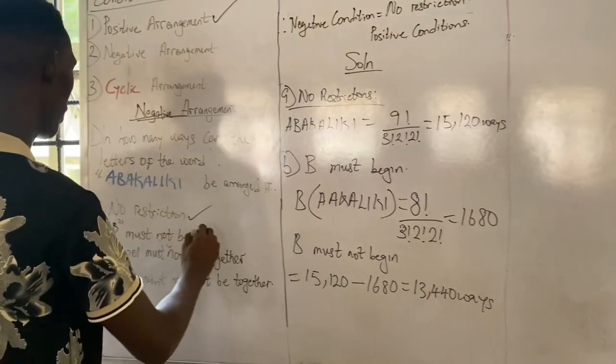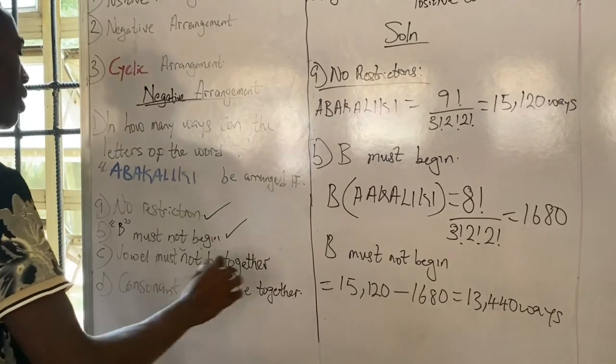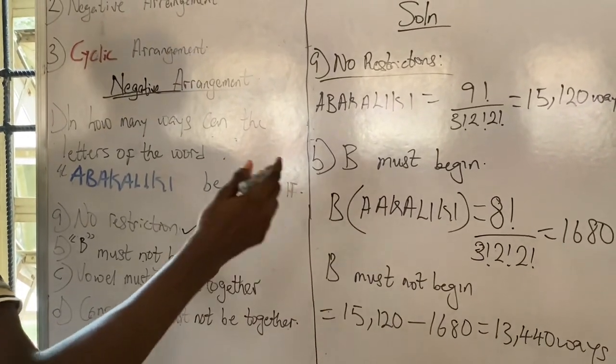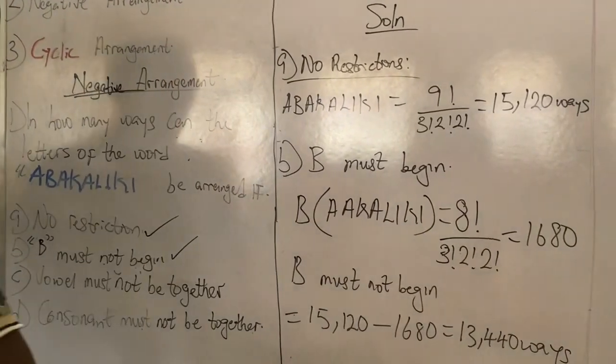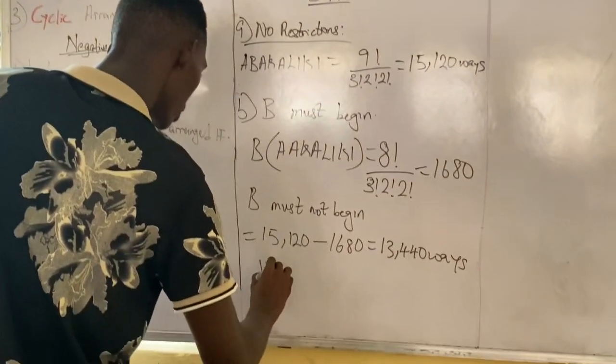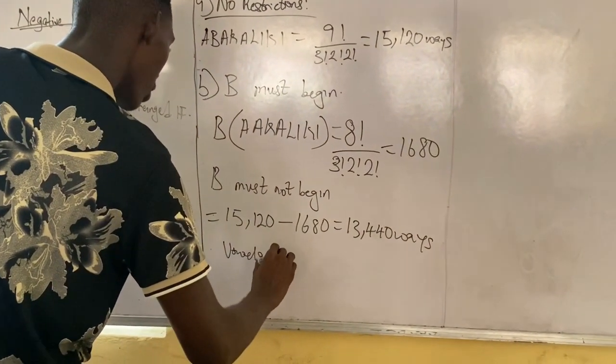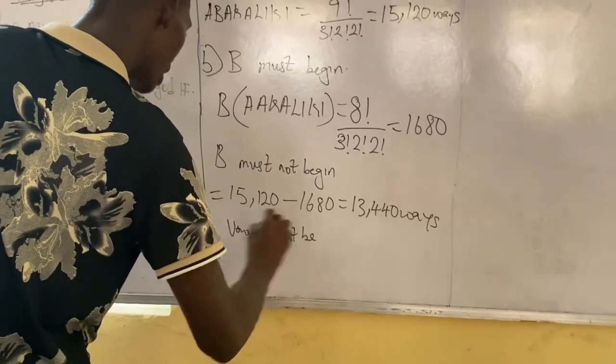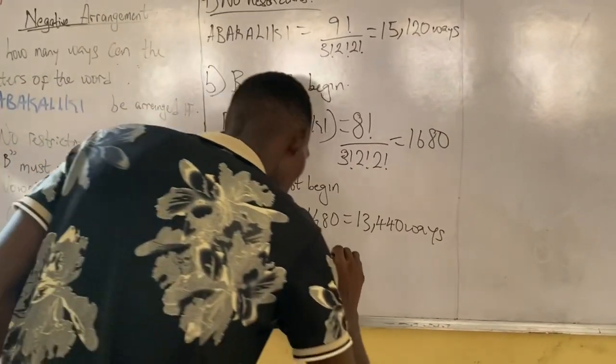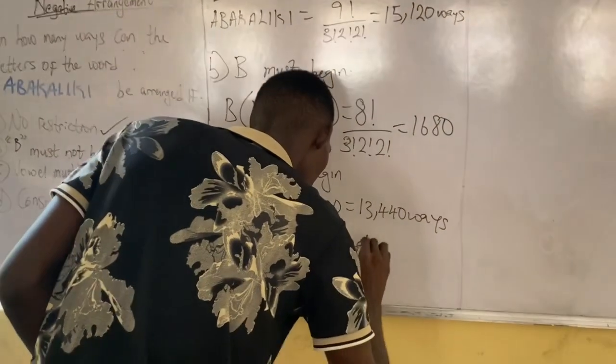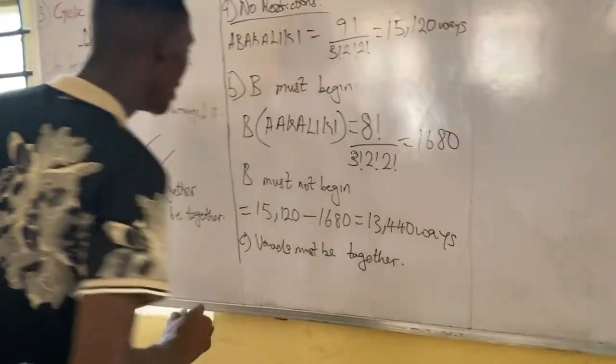Now we are done with B. If vowels must not be together, it means we have to get vowels must be together. Therefore, if vowels must be together, this is C criteria. If vowels must be together, then